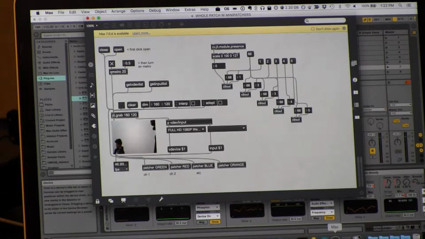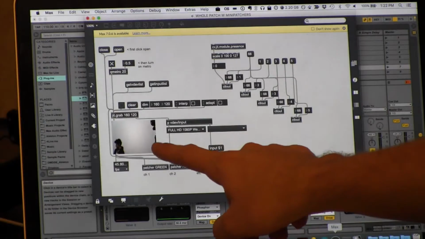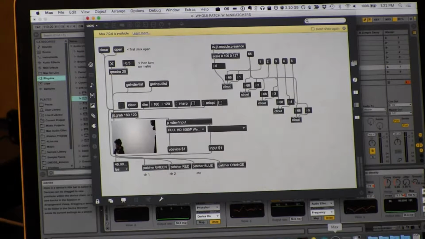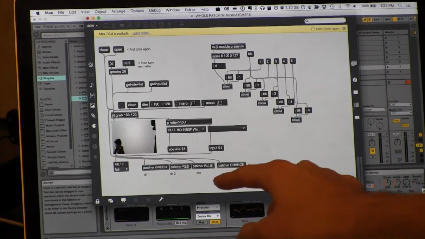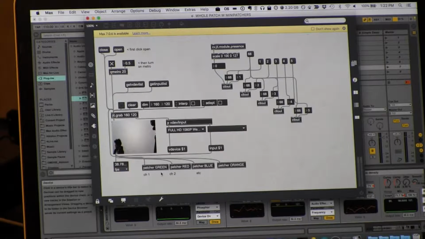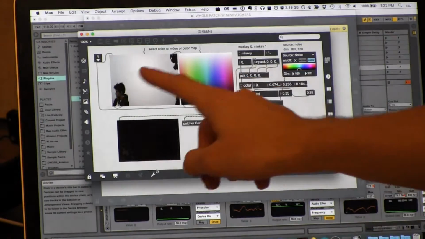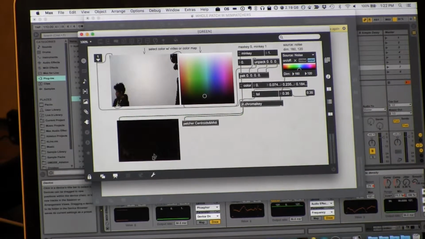So the very first point in the signal chain is our Max patch, which takes the webcam visual input and starts processing it so that it can be utilized by Ableton Live, which is our main sound generation host. So right here, we're basically taking in a webcam input and we're splitting it off into multiple subpatchers. We've got a green, a red, a blue, and an orange subpatcher. And each one is nearly identical except for a couple different parameter tweaks. But basically the signal comes in and using chroma key we filter out specific colors